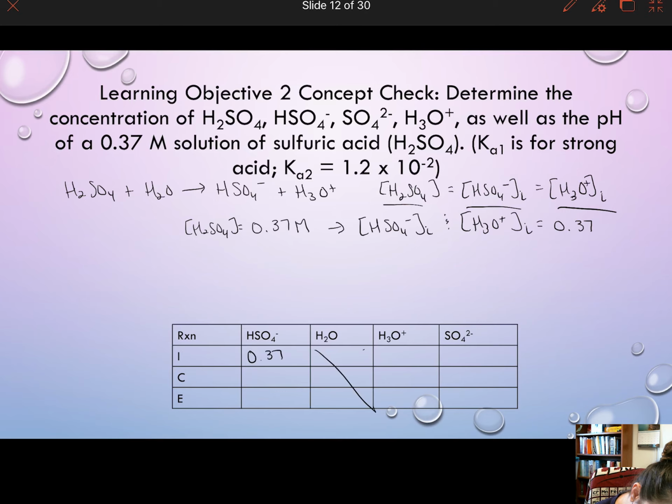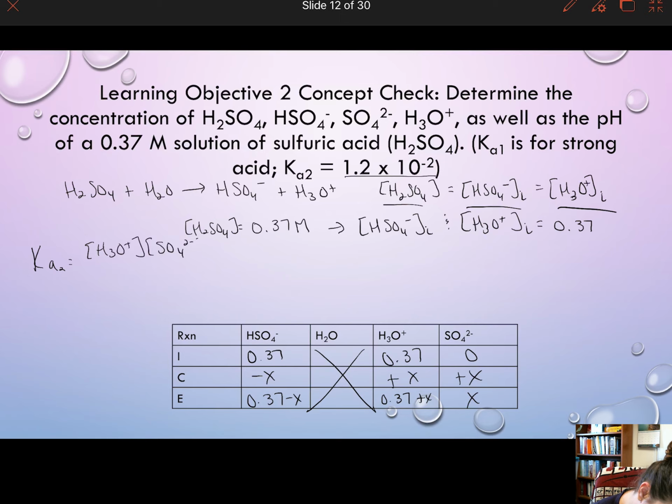0.37, 0.37, and then 0. Go minus x plus x plus x. We get 0.37 minus x, 0.37 plus x, and then x there. This will then go into our Ka2 right here, where we have Ka2 is equal to H3O plus concentration, SO4 2 minus concentration divided by HSO4 minus. So we have 1.2 times 10 to the negative 2 is equal to